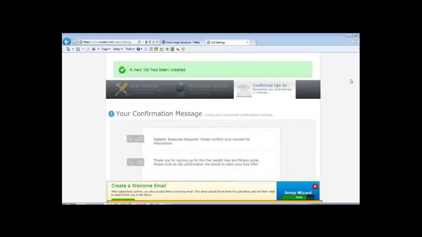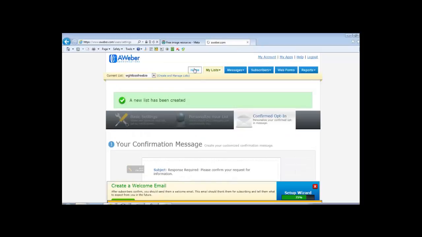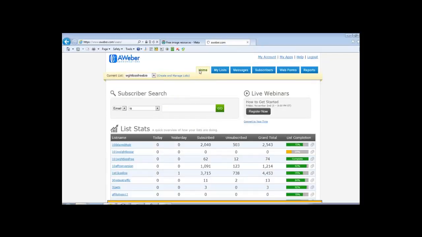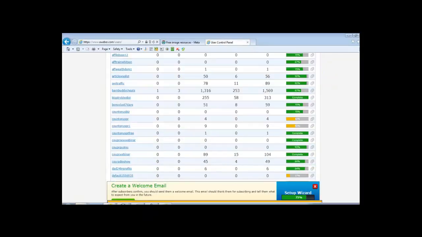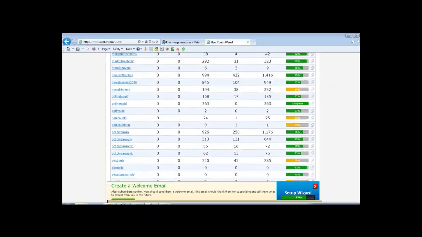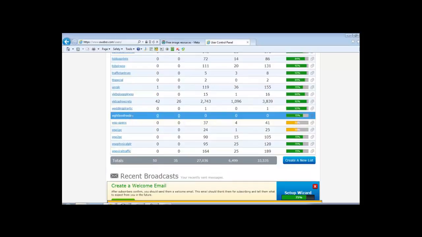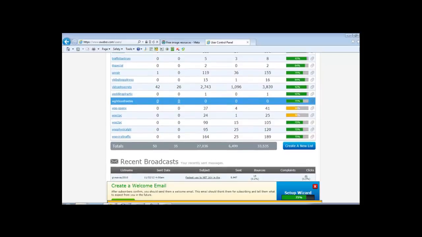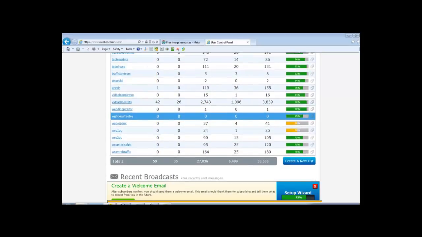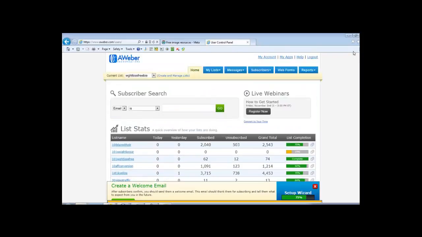And at this point, you'll be able to go back to the home page of your Aweber account up here at the top, and we're going to go all the way down, and we're going to actually see the list that we just set up. So here we go. Weight loss freebie is already set up and ready to go. So that, in a nutshell, is how you go about setting up your very first Aweber list. And then once you're done, just double check it. So in the next video, we'll show you how to do further setup, but that's the most basic part of creating and getting your